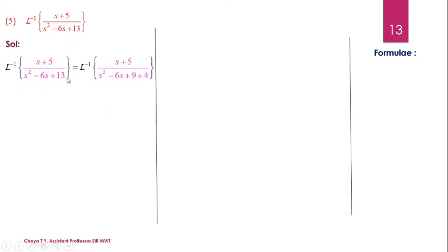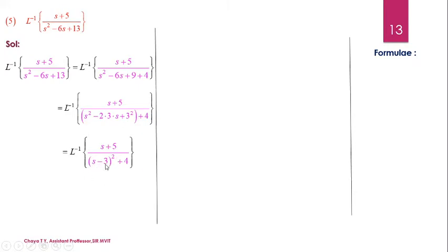When I observe the denominator, it can be written as s² − 6s + 13, which can be written as 9 + 4. Now observe the first terms, that is s² − 6s + 9. It is of the form a² − 2ab + b², the algebraic formula. So by using that formula, I am going to write it as Laplace inverse of (s + 5) by (s² − 2 into 3 into s + 3²) + 4. Group the corresponding terms and I can use the algebraic expansion and write it in the form (s − 3) the whole square.